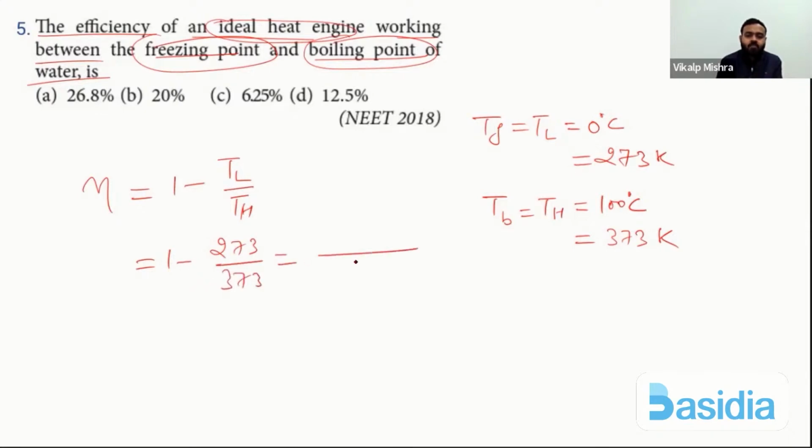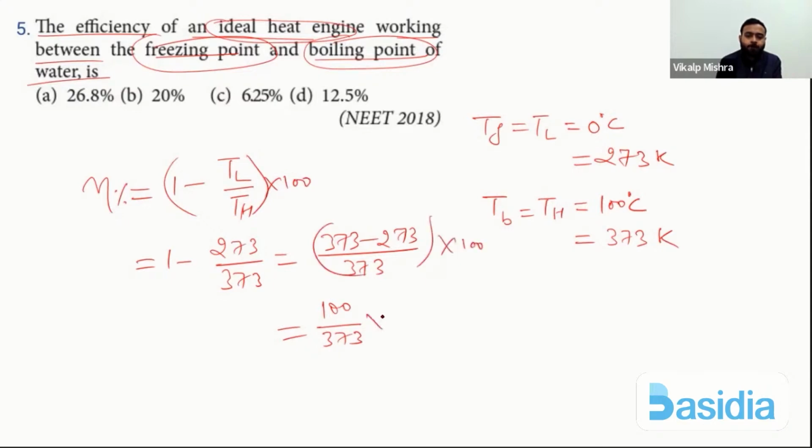If you will take LCM, 373, and here 273. So it will become 373 minus 273, 100. 100 divided by 373. Okay, if you want to find efficiency in percentage, then multiply 100. So multiplying 100, you will get efficiency, and that is what, if you will solve it, you will get 26.8%. Okay, I hope all of you understood how to find the efficiency of engine and what is engine,